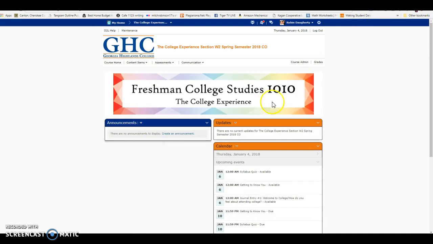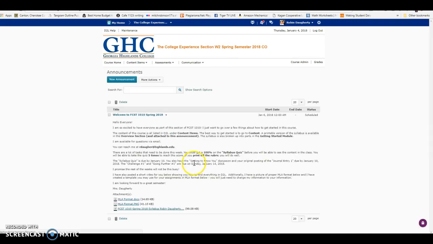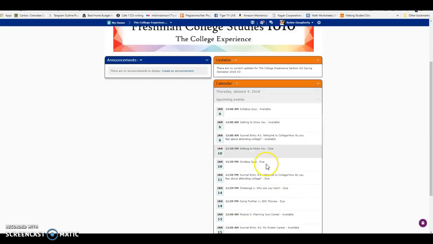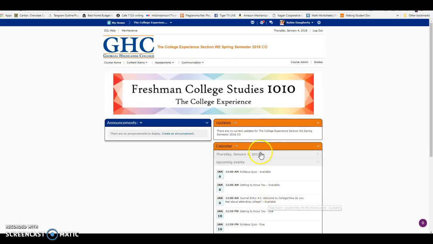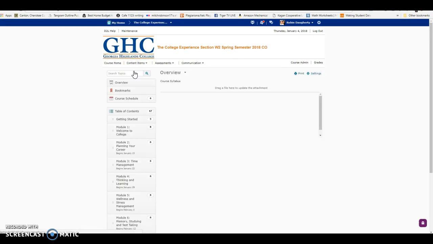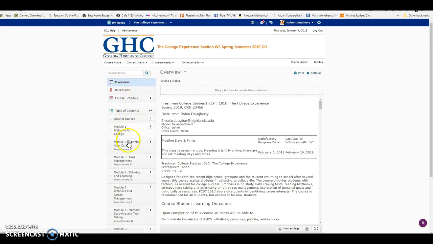So coming into D2L into the classroom, this is what you're going to see. Generally, there will be announcements over here, and I'll post announcements every week. The first announcement is going to have a couple of documents on it for you, the syllabus and an MLA format page. And then over on the side, you'll see the calendar of when everything is due. But where everything is located in the course is under content items. So you want to go to content items and content, and you want to go through these